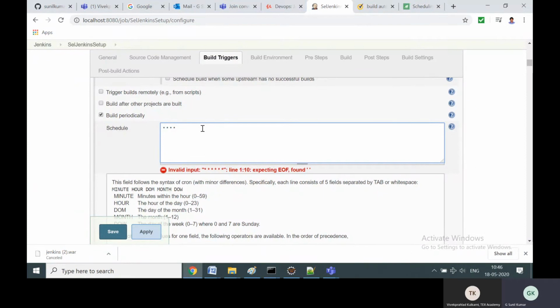So it's so easy. And once you save it, all you have to do is just keep your laptop on at that particular time. For example, once an hour means at 11 a.m. it will execute, then at 12 noon it will execute. Like that, it will auto execute and auto generate the results for us. So that is the main advantage of Jenkins. You need not trigger it manually. It will auto trigger automatically and generate the result.